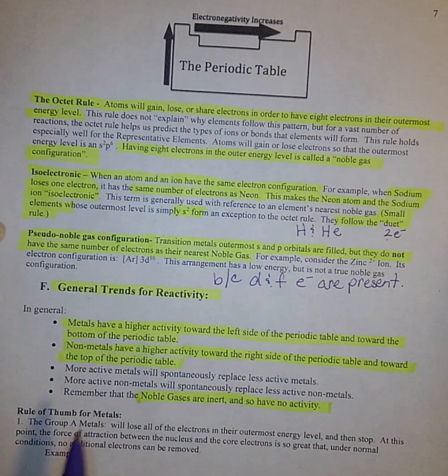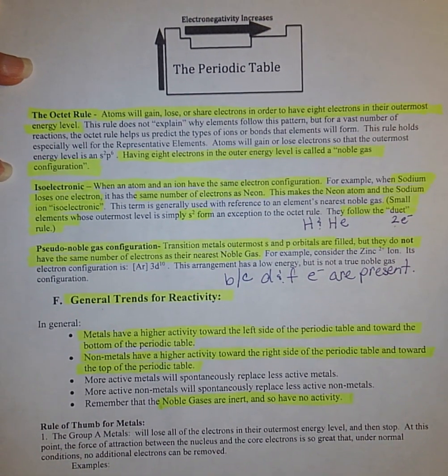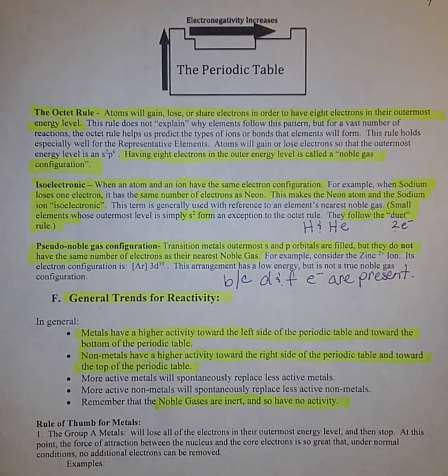The metals, you guys remember, they tend to lose electrons, so they're going to stay on the left-hand side and move down on the bottom. Your nonmetals like to gain those electrons, so they're going to move more towards the nonmetal side of your periodic table. Okay? Well, I hope that this helps you understand periodic trends